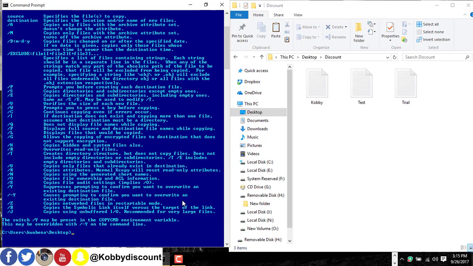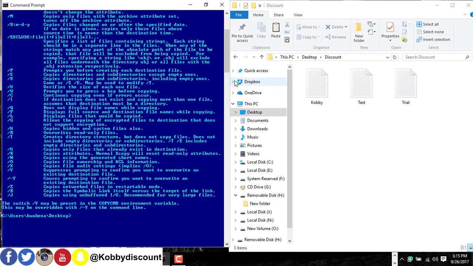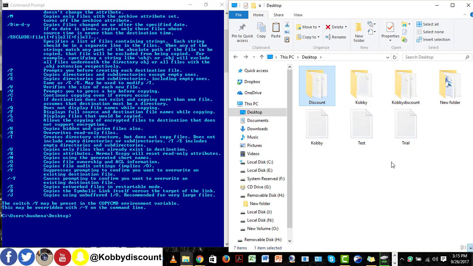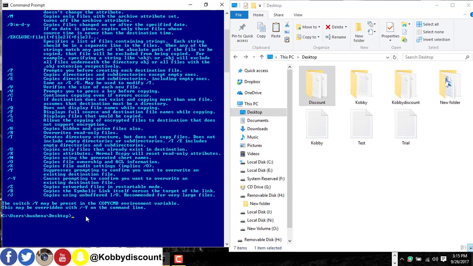Now next on the list is how to move items. Now let me get back to desktop. Let's say you want to move copy into discount, or copy into copy discount, or any of these files into any of these folders. You need 3 things actually.